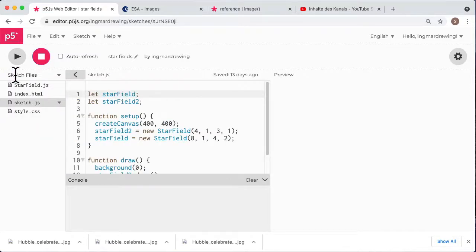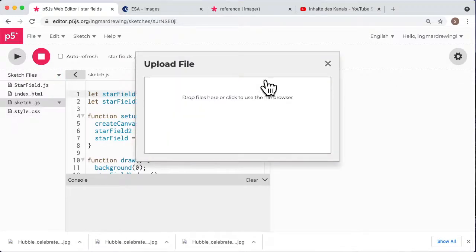If I click on that, there will be a list of files displayed on the left. We already saw that when we created the starfield.js sketch file and the CSS sketch file. And now what I'll do is I will upload a file,